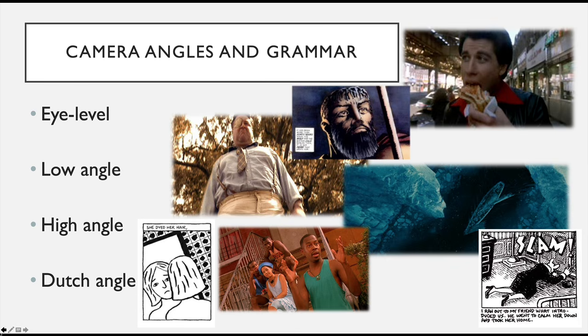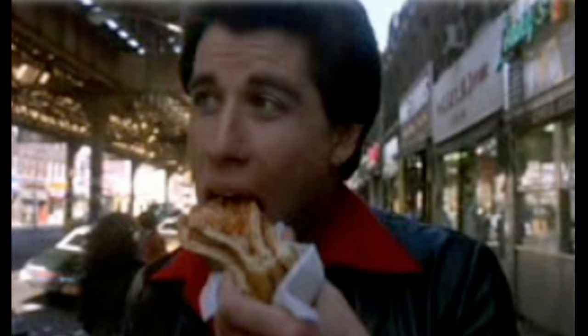Also, like that cinematic level of film, with graphic novels, we have the ability to interpret artists' choices with regards to camera angles and the grammar that is inherent within those. So the most neutral camera angle choice is that of eye level, looking directly at a subject. But if we want to start to imply other things, such as power structures or power relationships, we can make